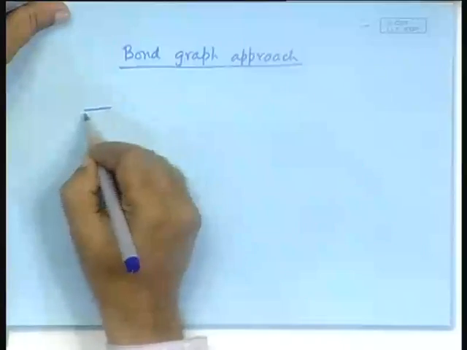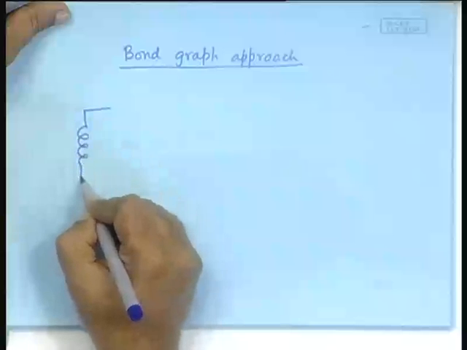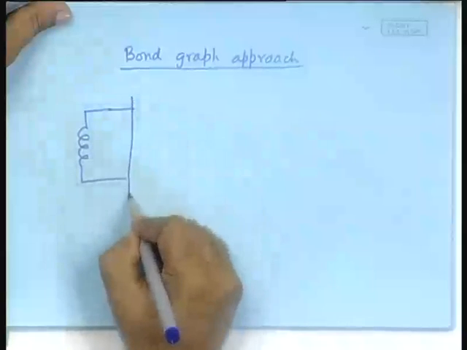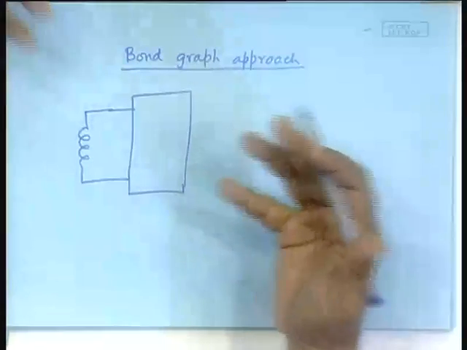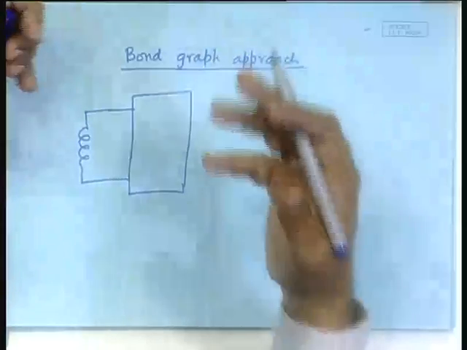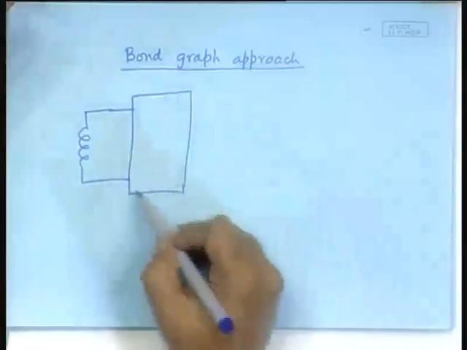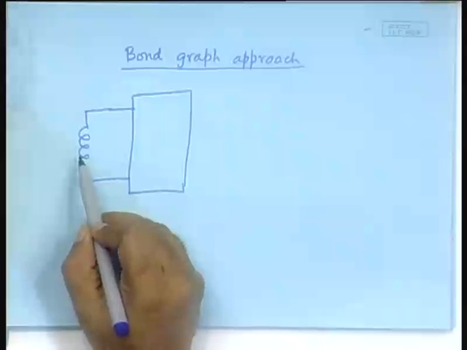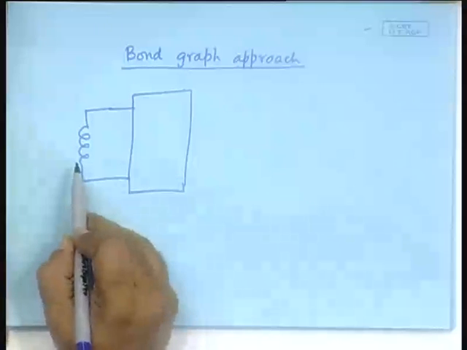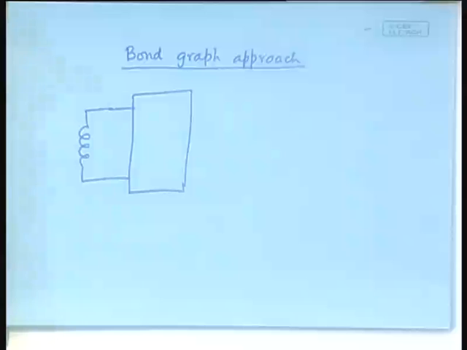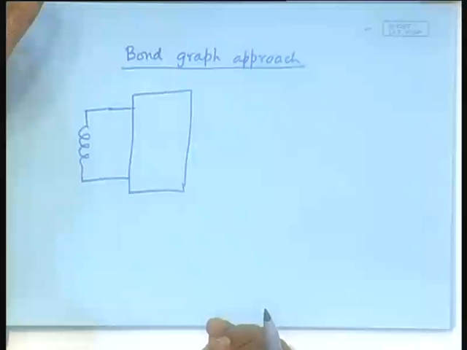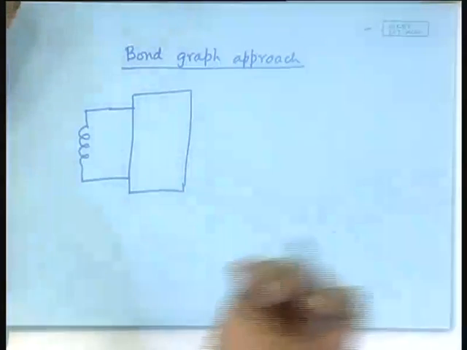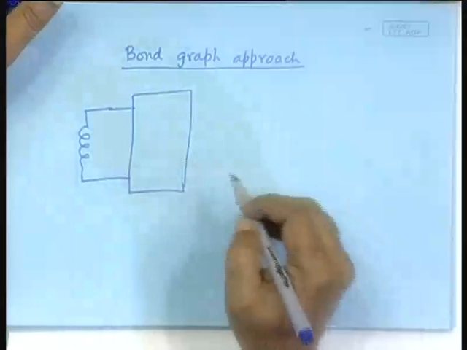Imagine that there is an inductor connected to some kind of a circuit. This rest of the circuit could contain anything, some sources, some resistances, capacitances, more inductances, all that put together is the rest of the circuit, but here there is an inductor. Now, what does the inductor do? It sees the rest of the circuit, and it exchanges the effort, flow and the power with the rest of the circuit, which we represent as